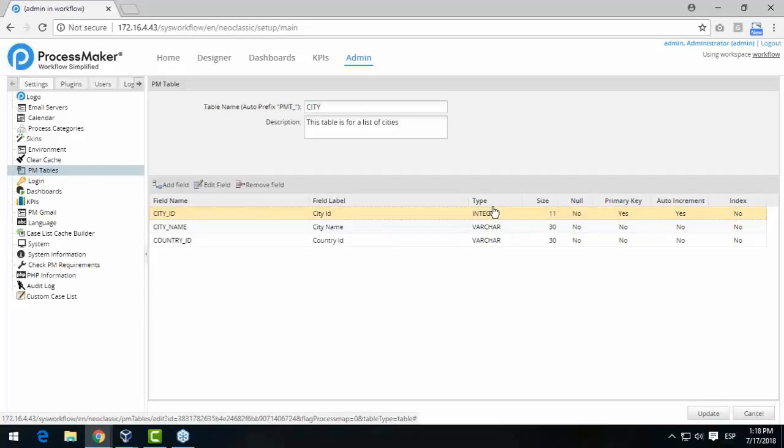So by now I have created both structures, country ID and city ID. Both tables have their respective structures. Now I need to include the data in both of them. And for that I'm going to return to the list of tables and include all this data of cities and countries. I'm going to move now to PM tables here